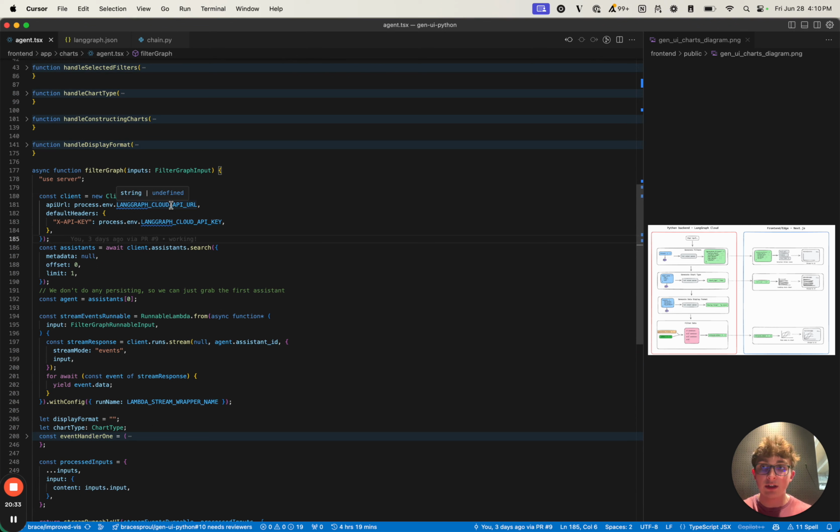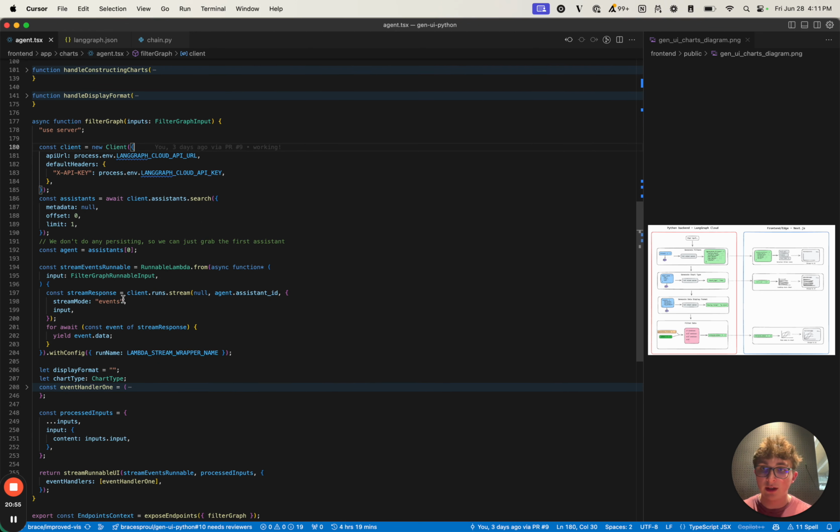This is going to be the SDK we're going to use to connect to our backend and make API requests. You can see the first thing I do is search for my assistants. LangGraph deploy offers a whole lot of features around stateful threads where you can revisit certain steps and persist the data that were in them. In this case, we don't really need any of our previous threads or runs, so I just grab the first